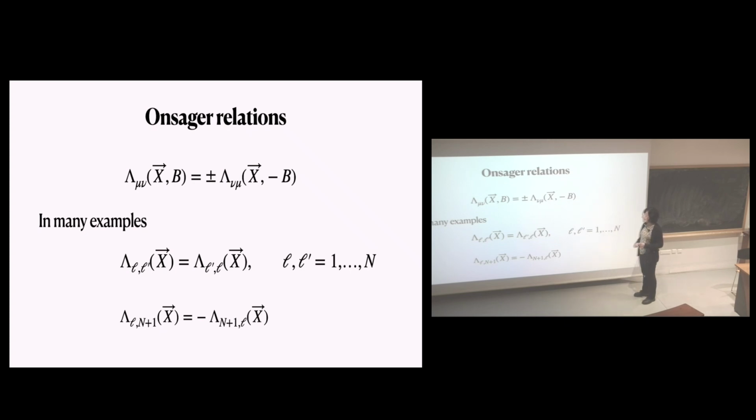What is not easy is to predict, for an equal magnetic field, the relation between the cross parameters, the 1, 2 and the 2, 1 at the same field. It depends a lot on the characteristics of the system, and the symmetries also play a role there. In many examples, these are symmetric for the part of the driving parameters, but I mentioned in last lectures that there are some cases in which you can also have some antisymmetric component, but for the most usual cases,